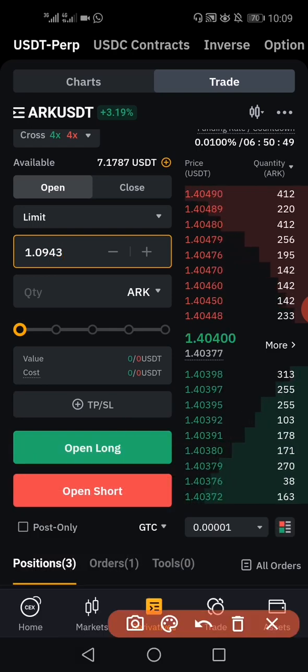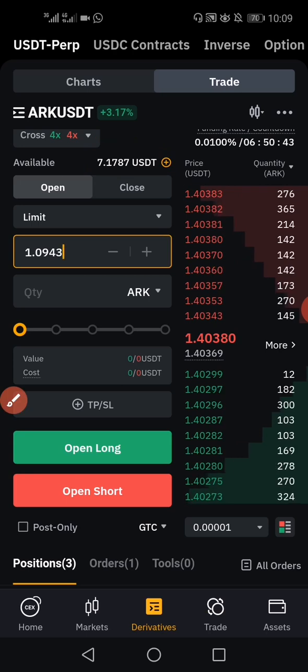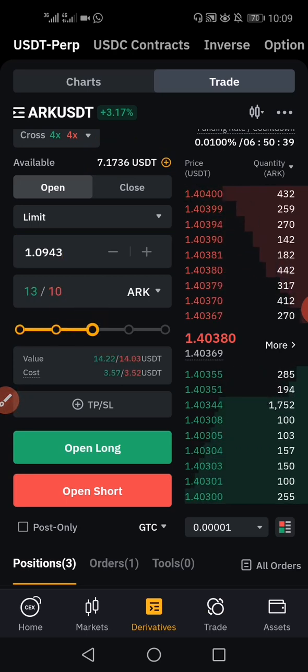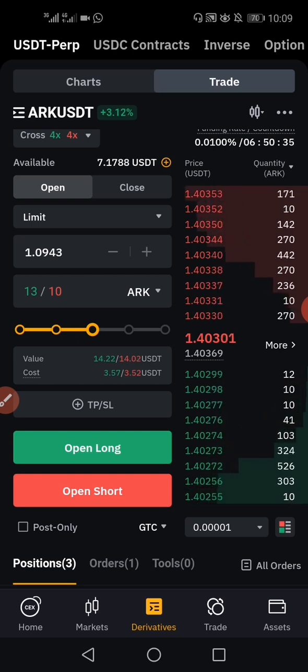I have $7 left in my USDT balance, so let me use half of it to place the order. Then I will come here and drag it. So 50%. I'm using 50% of my balance. So I'm going to have about 13 ARC. So I will now click on open long. So once I click on open long, my order,